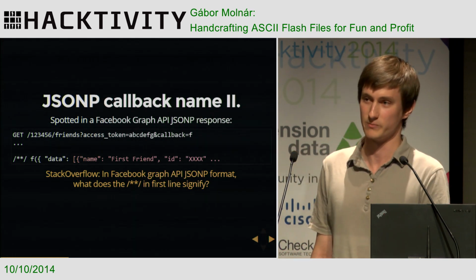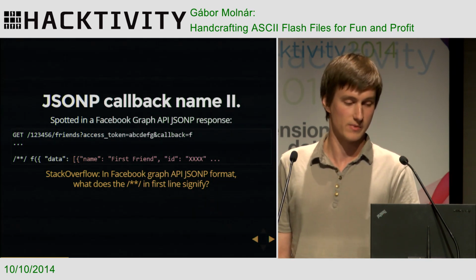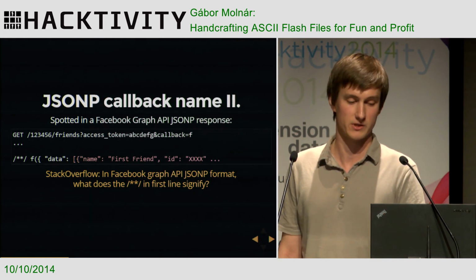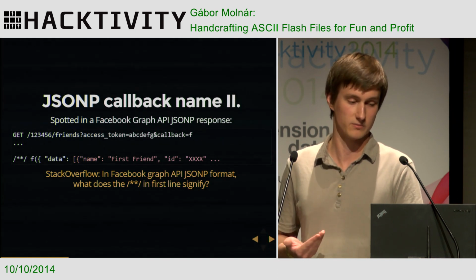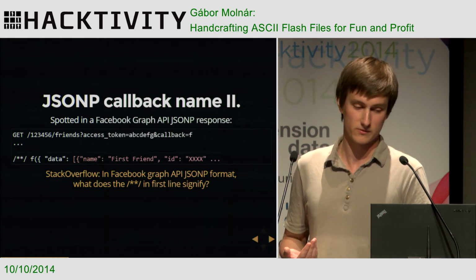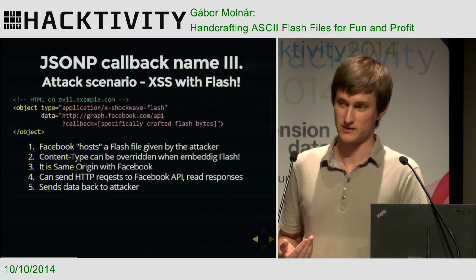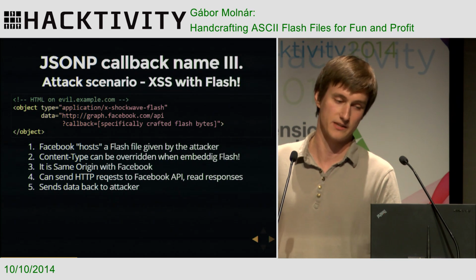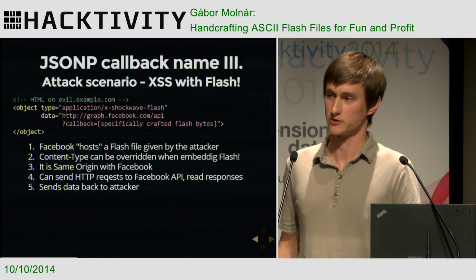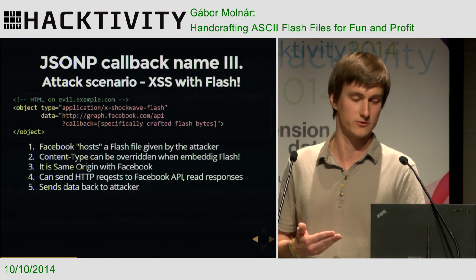After further work, I noticed that the JSONP endpoints return the callback name in an interesting manner. In front of the callback name, they enclose an empty JavaScript comment. Doesn't do anything. When you call the API, it will be validated as a JavaScript comment, and it will do nothing. And I found on Stack Overflow that somebody was asking why this is so, and the Facebook engineer gave an answer. He said that an attack scenario is imaginable that resembles XSS, but is not in fact XSS, but